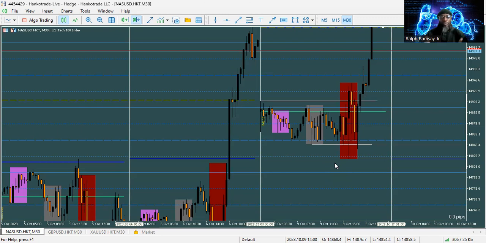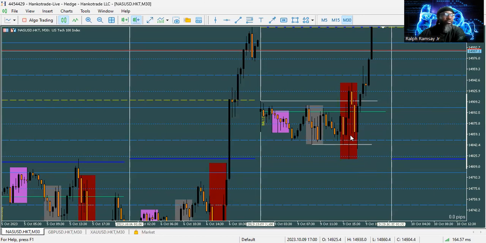I want to just review this week with you guys and show you how you could have been able to partake in some of these trades. All right, so let's get into it. As you already know, I'm marking up my highs and my lows. As you can see here, we have our high of the day and our low of the day before coming into the NY session. So I'm looking to trade the NASDAQ in the NY session. We have our high, we have our low, and then